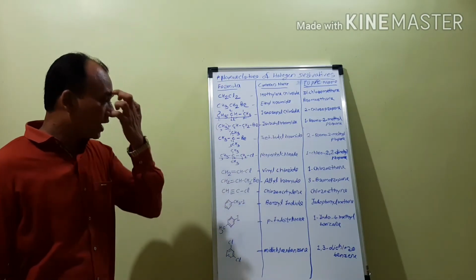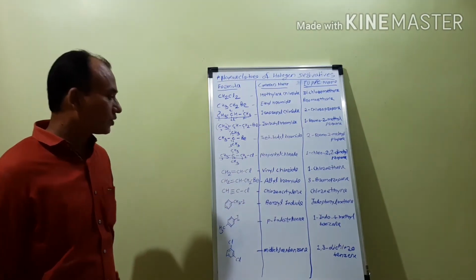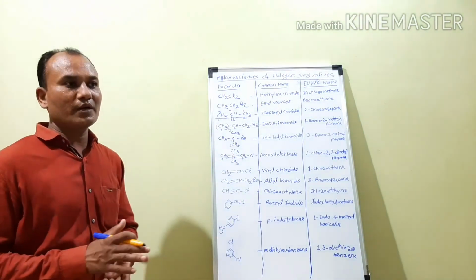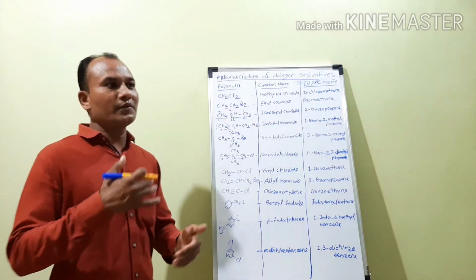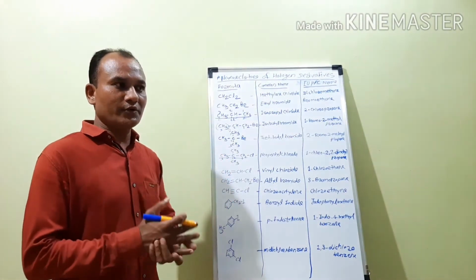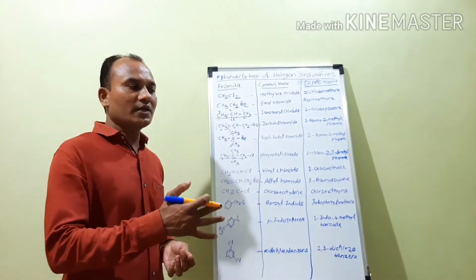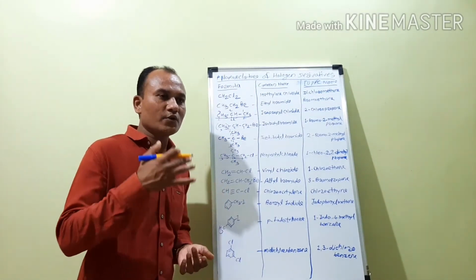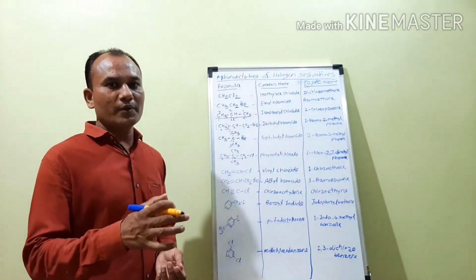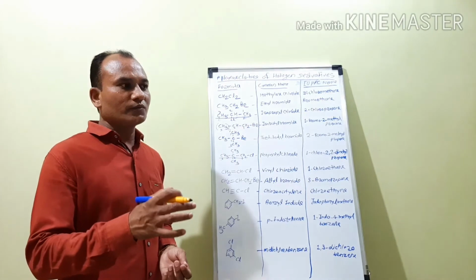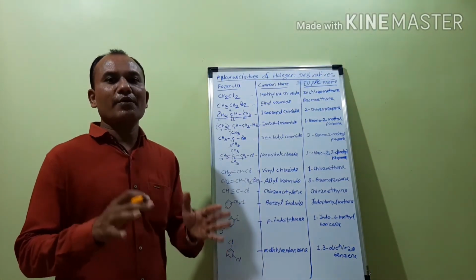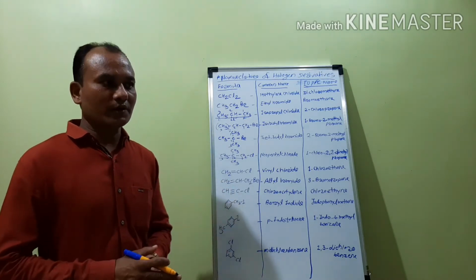Now when we are giving the IUPAC name, in that case we have to give the numbering. When there is a carbon-carbon double bond, and you are giving the IUPAC name to such types of compounds, you have to select the longest continuous carbon chain. And when you are giving the numbering to such a longest continuous carbon chain, you have to remember that you give the numbering from that side in which the doubly bonded carbon atom has the lowest possible number.